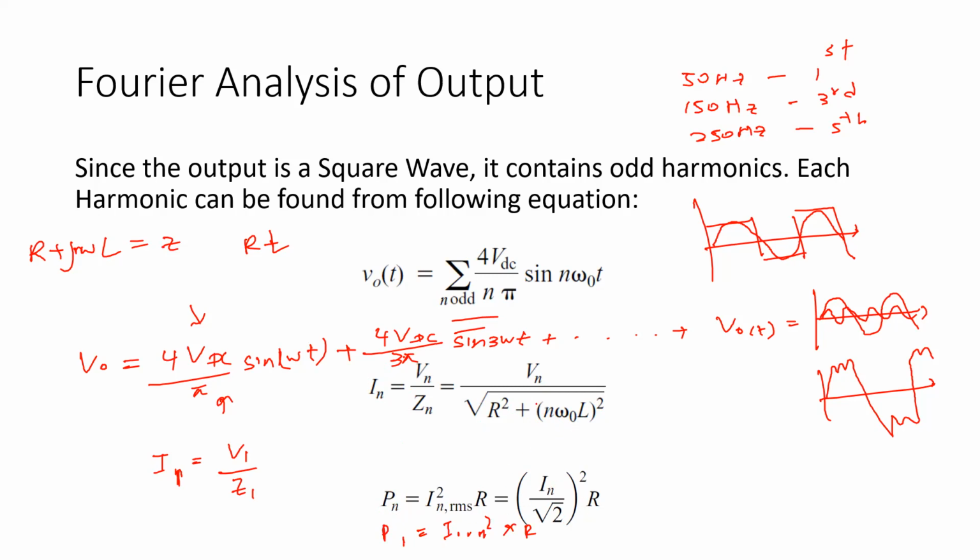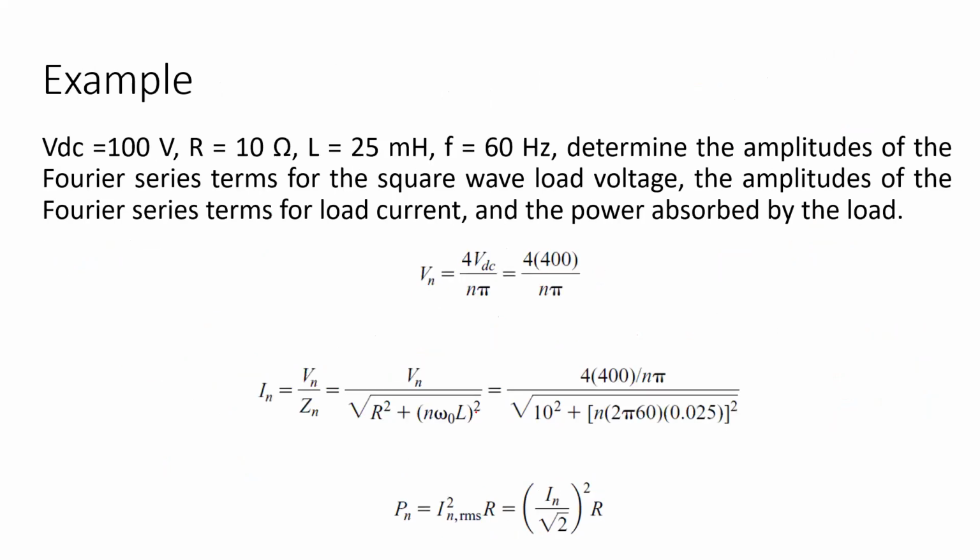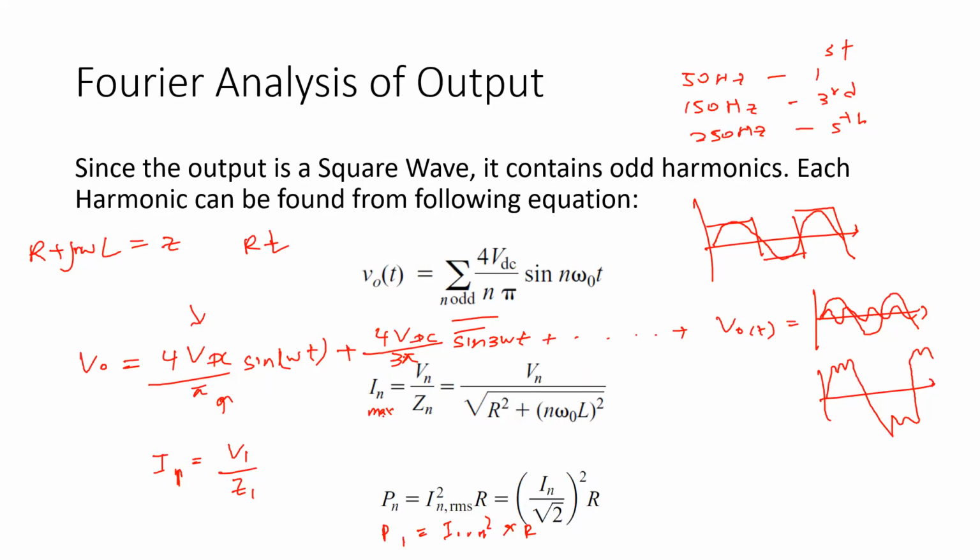So in here, see, this is actually max. So this one will give you max or instantaneous value. If you are working with these numbers, you have to divide this value by √2 to get the RMS. Okay. So you understand why we are getting max here, right? So Vn will be the maximum voltage. So that's why we are getting max here.